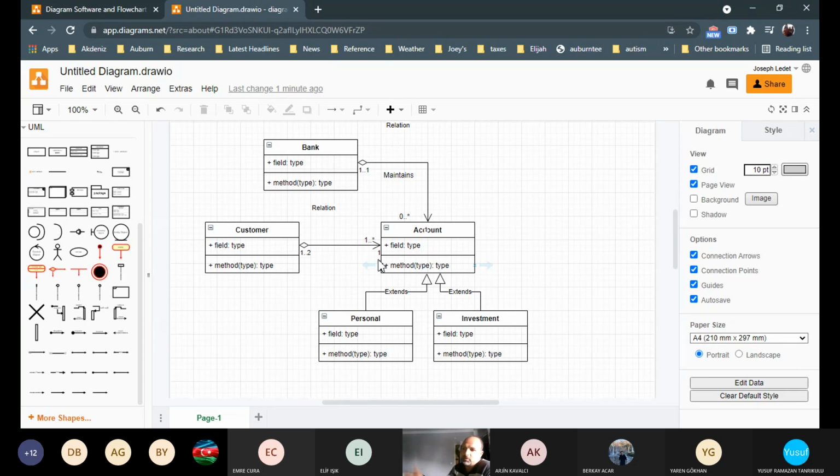So again, I could give you an example like this. I could give you a diagram and ask you, what do you know about the maintains relationship? Let's put it this way. What I'm saying is,